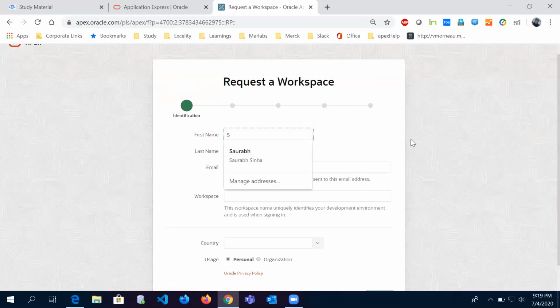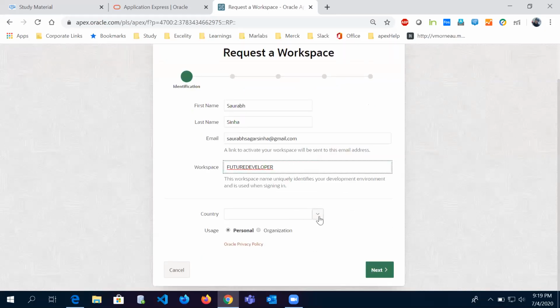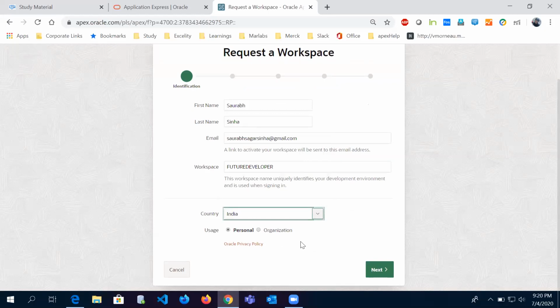You have to follow some simple steps to fill in your information and your email address. Your workspace name: I'm going to give this workspace the name future developer. Select your country.